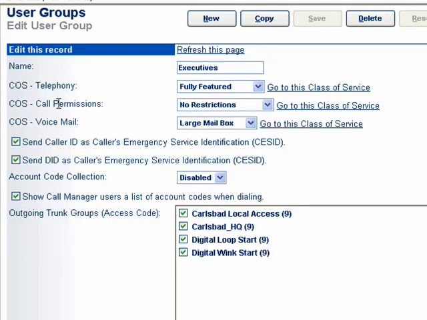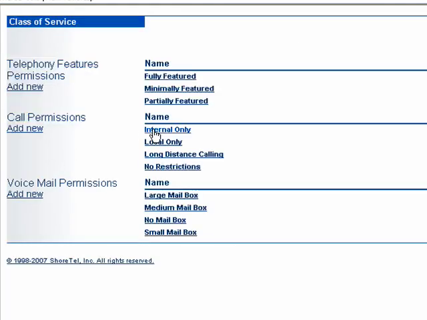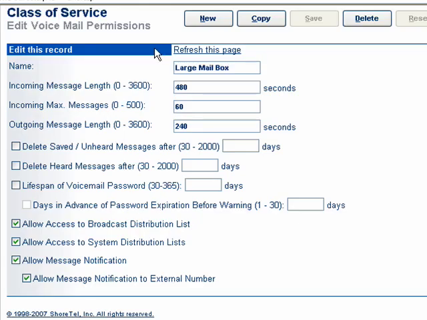And we see that executives have large mailboxes, their calling permission is no restriction, and they're fully featured. And again, I just want to cross-reference this user groups with the actual class of service by having you understand that we can go into call permissions or voicemail permissions here for a large mailbox. We get that same menu again,